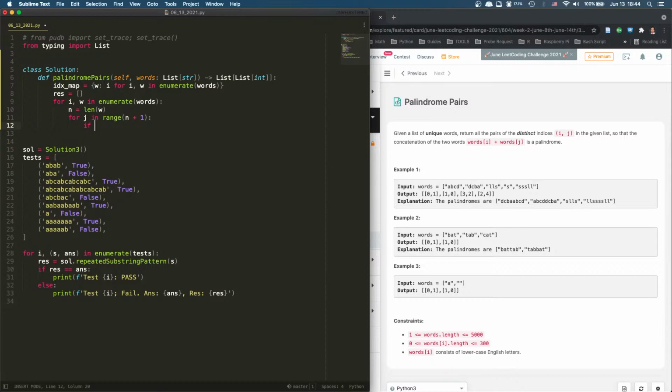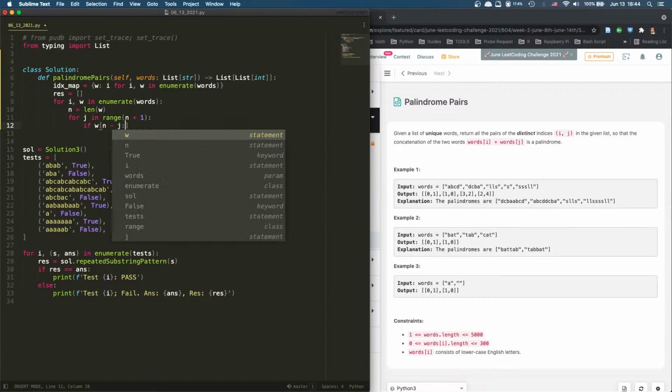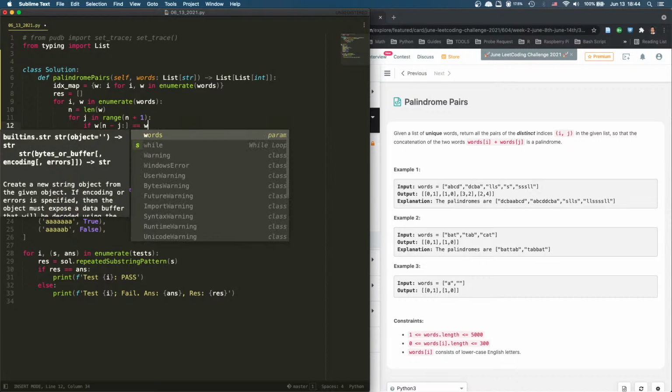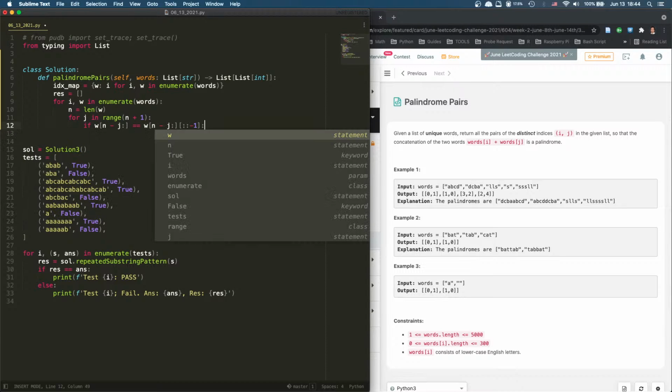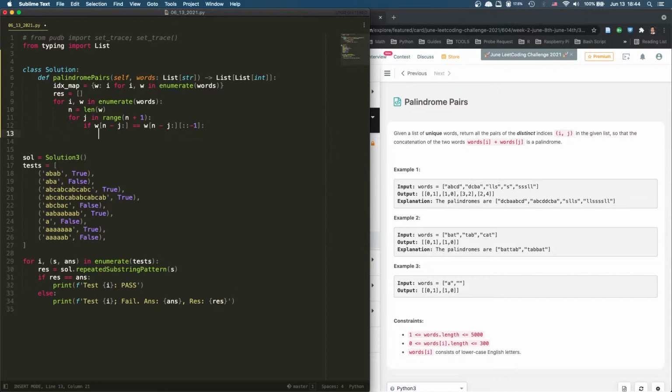So W, we say n minus j to the n. So if J is 0, that will be n to the n. That's nothing. And if J is 1, then it's n minus j minus 1 to the n. If this one is equal to the reversed, right? If these two are the same,